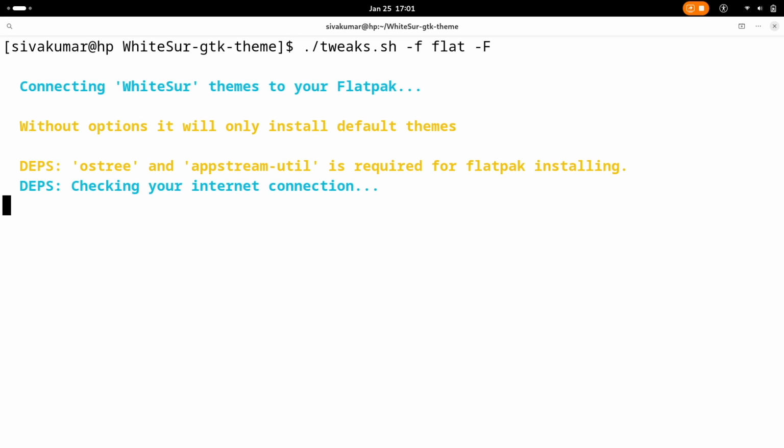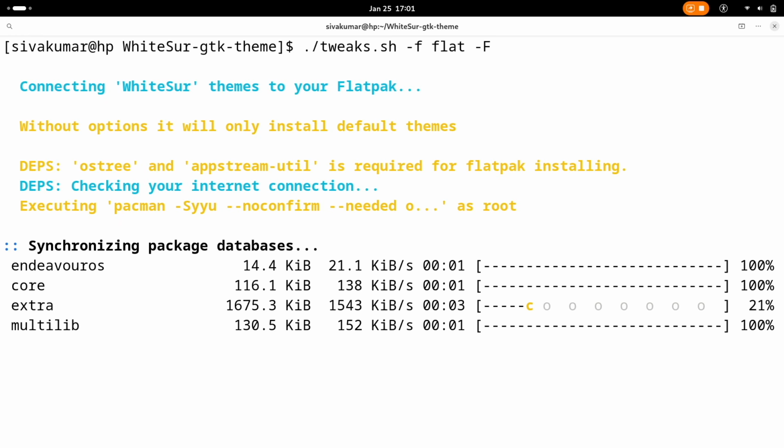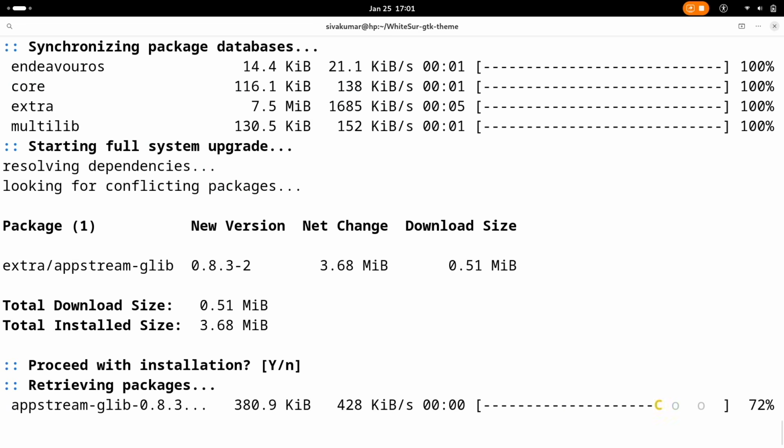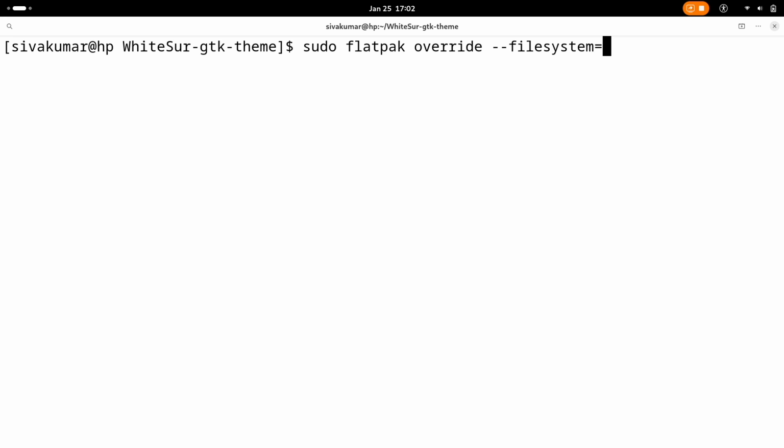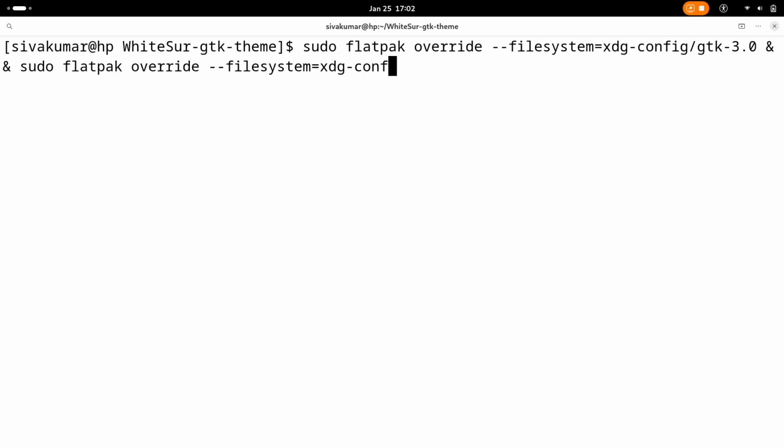Now press enter to execute. And finally, run this command to override the GTK theme for Flatpak applications. And that's it, you have successfully installed the themes and accent colors.